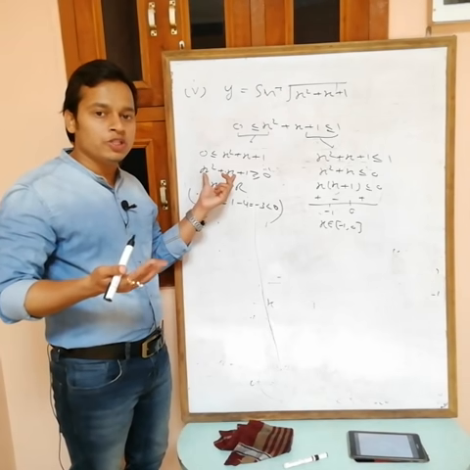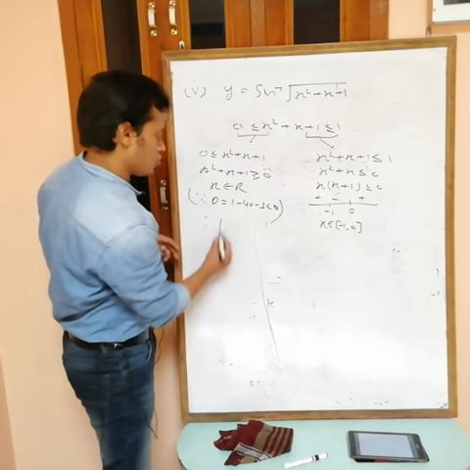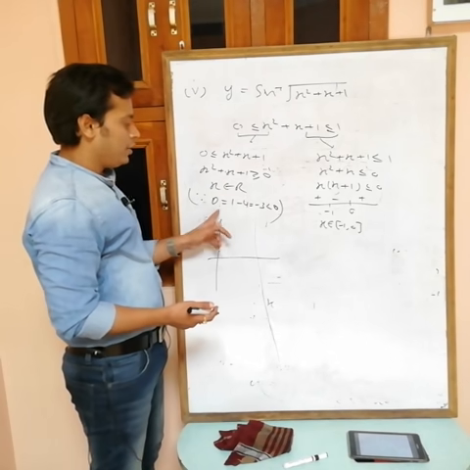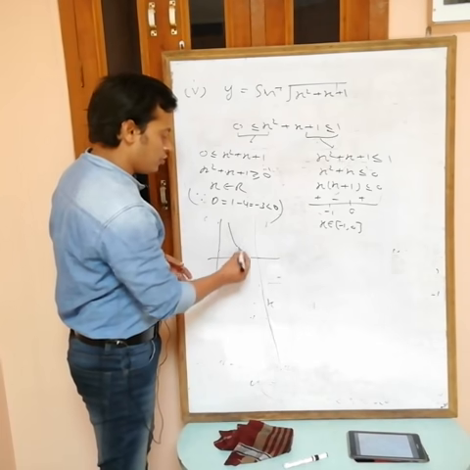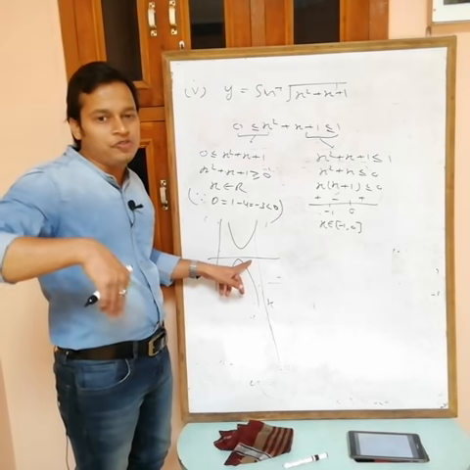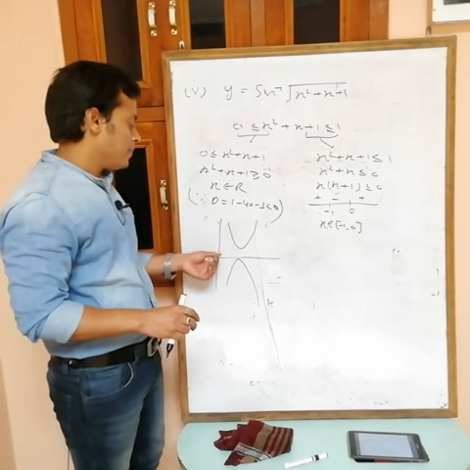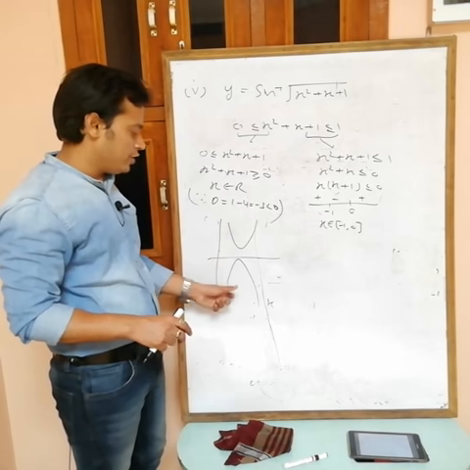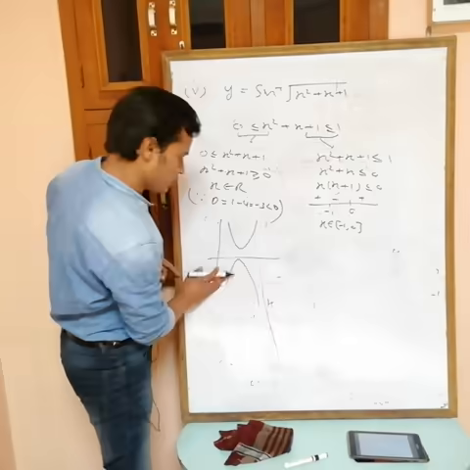No root means either the graph is completely above the x-axis or completely below the x-axis. This value x square plus x plus 1 is a quadratic polynomial. Here D is less than 0, it means no root. If there is no root, then we have only two options: either the graph is like this one or like this one. It can't intersect the x-axis, because if it touches or intersects the x-axis, then we have a root. You will get this curve when the coefficient of x square is positive, and you will get this one when the coefficient of x square is negative. At this time it is positive, it means this one. So you can't take the other one.